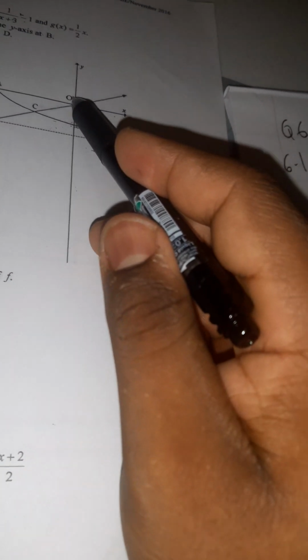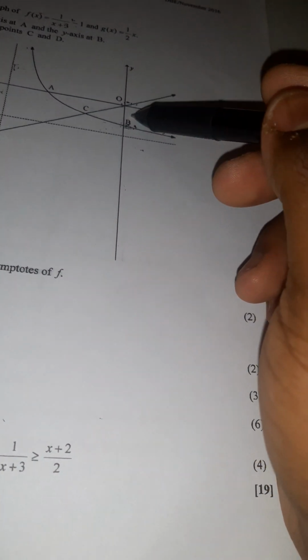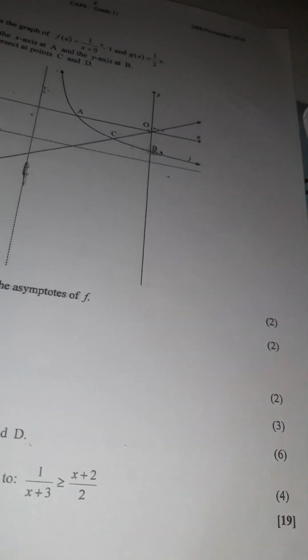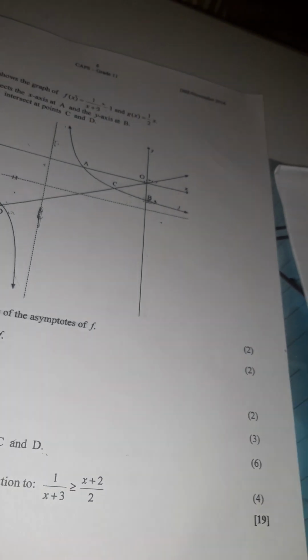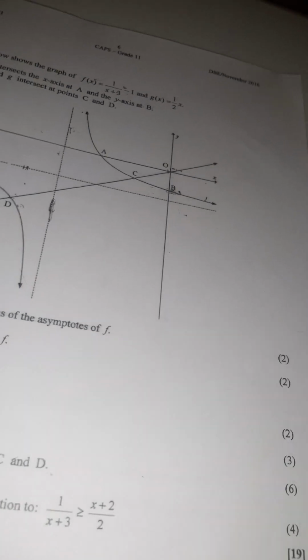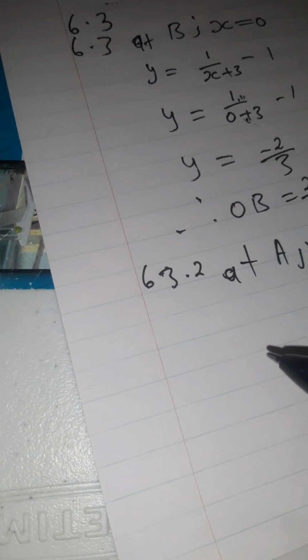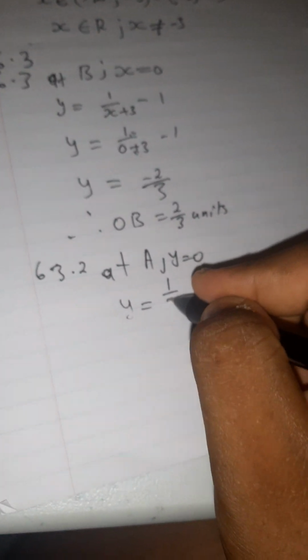The reason why I didn't consider O is because O is on the x-axis and they said OB, so I wanted to check the vertical, the other point on the y-axis. So OA, I'm going to say again at A, y is equal to 0. I'm going to represent my equation again. A is also on the hyperbola, so I say y equals 1 over x plus